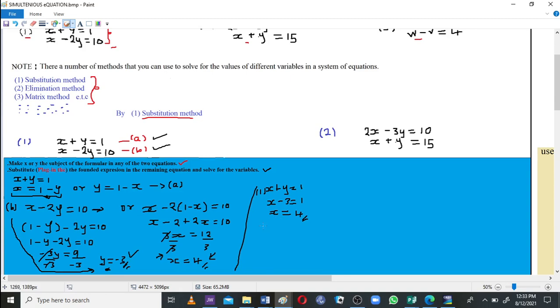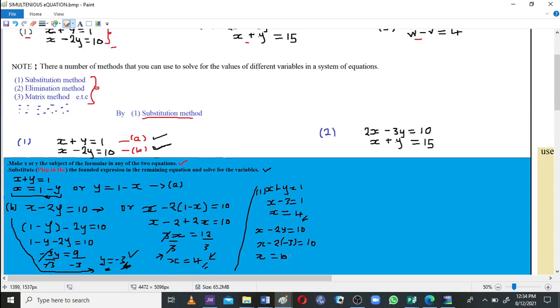Okay, so if you want to use equation B to substitute, where we have the value of y to be -3, you can substitute it in equation B, that is x minus 2y is equal to 10. Remember, in the first part we found y is equal to -3. So what you need to do is substitute there with -3, which is equal to 10, and what you are going to get is x is equal to 10